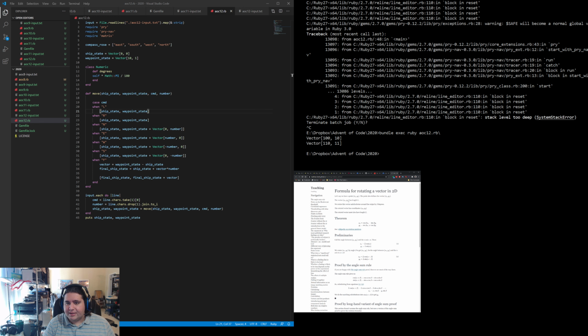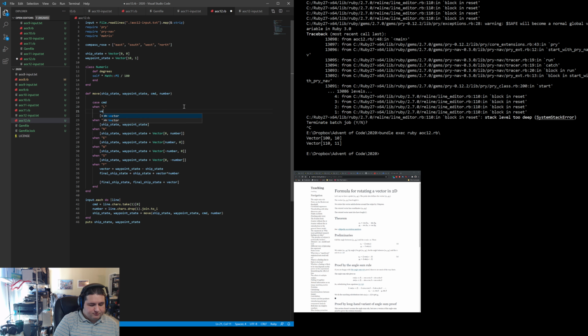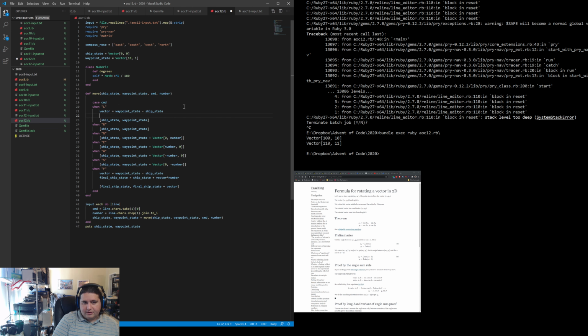So given x, y has length L, the rotated vector has x2 and y2. So we just do, so the vector is once again the difference between waypoint state minus ship state. So this is a vector that now points from the ship to the waypoint. We then